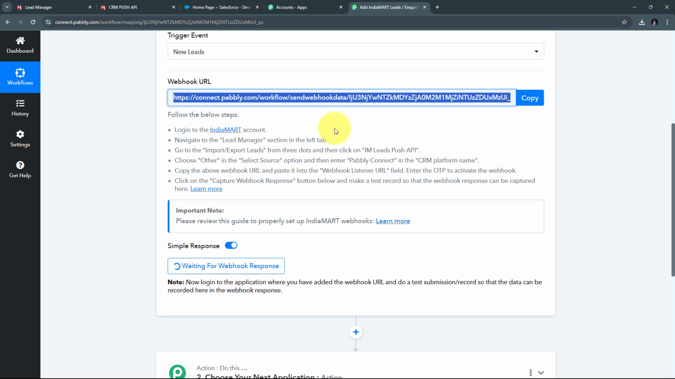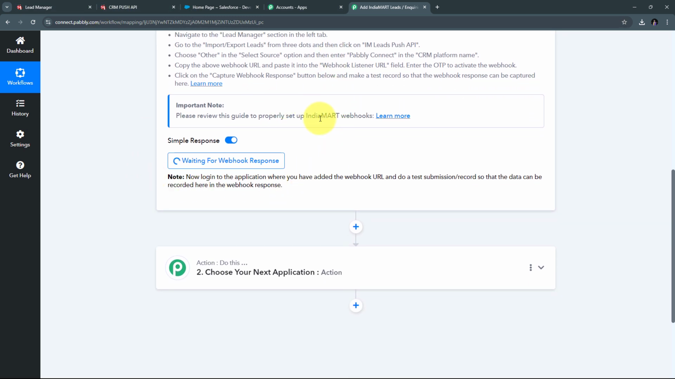Now here in Pabbly Connect, we can see it is waiting for webhook response. So for getting this webhook response, I need to first create a new inquiry or a new lead in IndiaMART. But right now I don't have any listed product on my IndiaMART account, so I will not get any lead or inquiry through IndiaMART. So here for setting up this automation, and just to show you how I can set